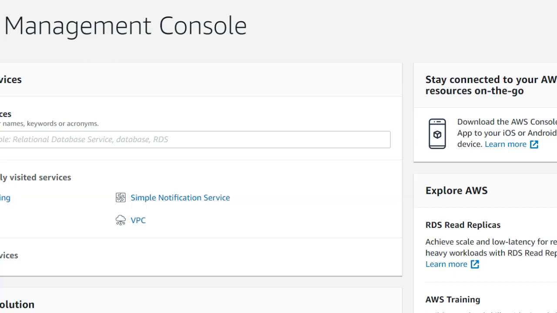So if I talk a little bit about what S3 multi-part is, Amazon S3 introduced multi-part upload, which allows faster and more flexible uploads into Amazon S3. Multi-part upload basically allows you to upload a single object as a set of parts.